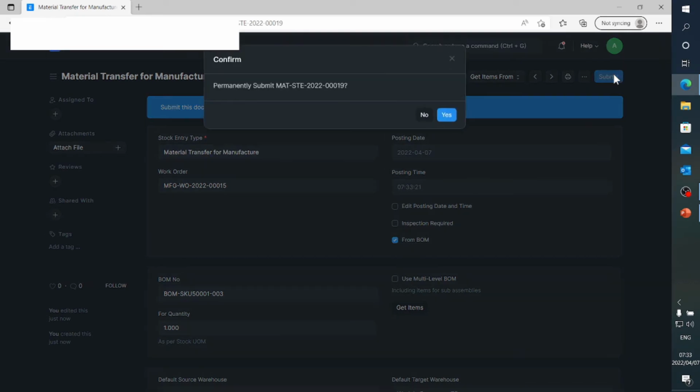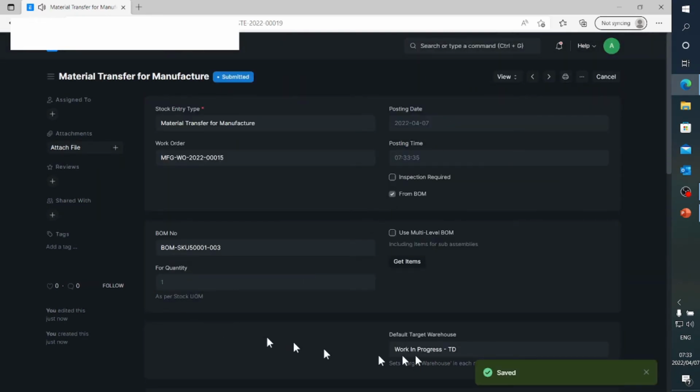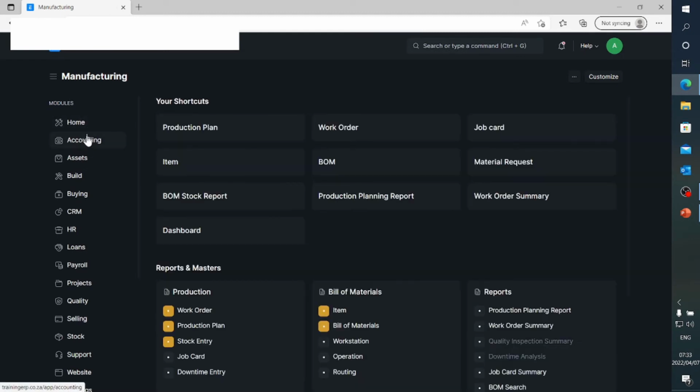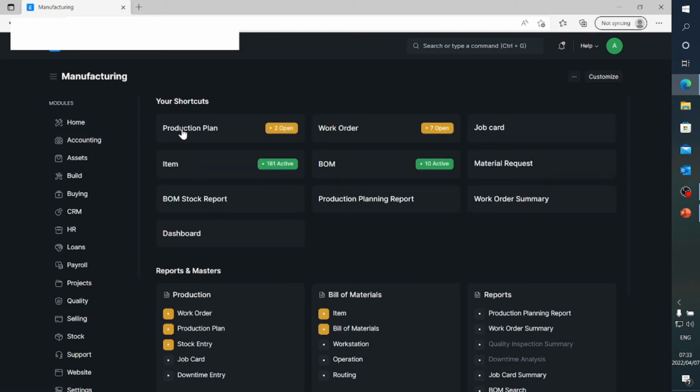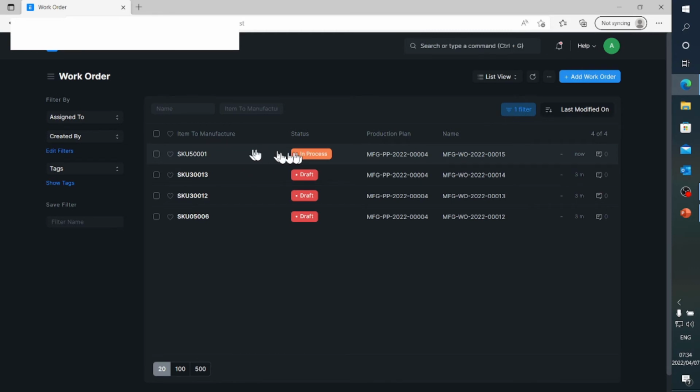Yep, we submit that. Now this actually takes it from stores to work in progress because this is now a cutting operation. All right. So where are we now? This is the material transfer. Right. Now if we go back to our manufacturing, we go back to our work order. There's the work orders. That work order is now in process. So if you click on there